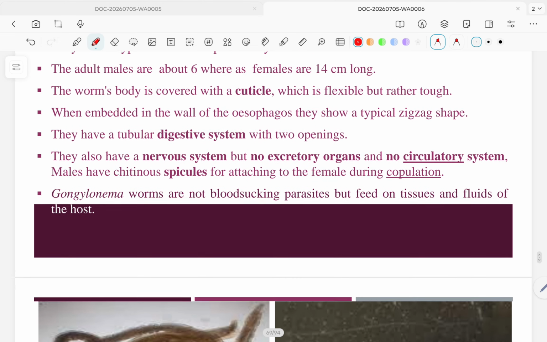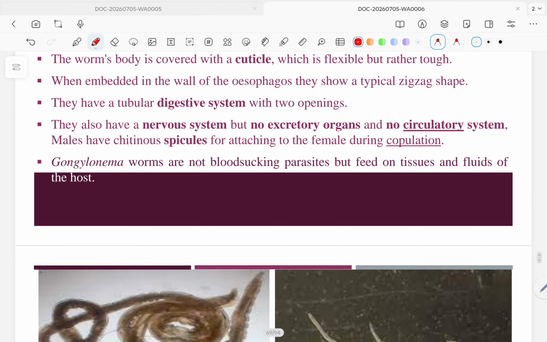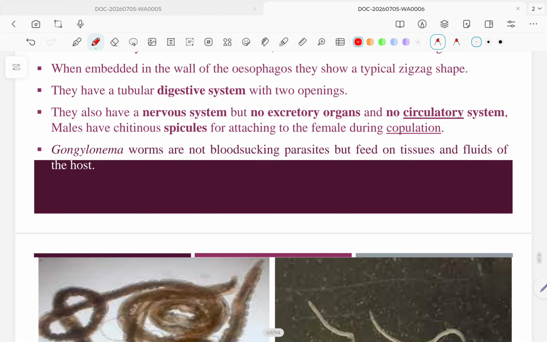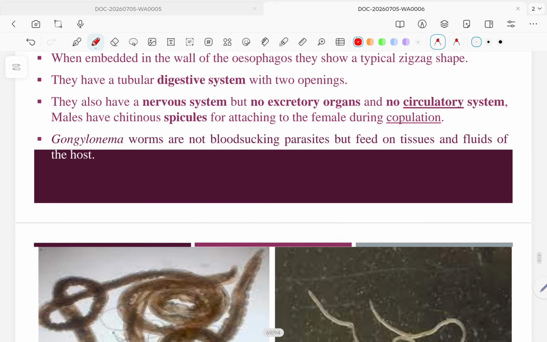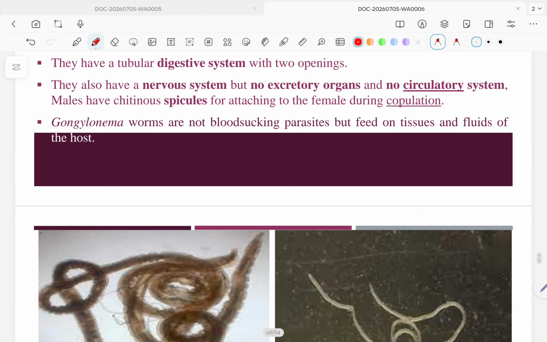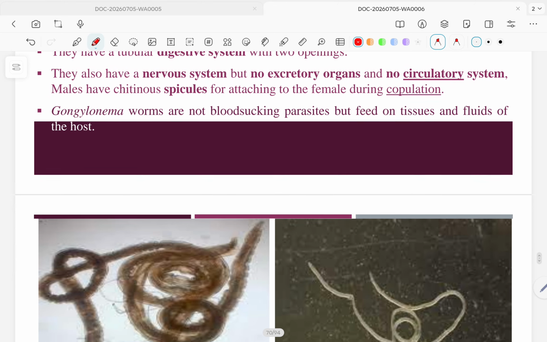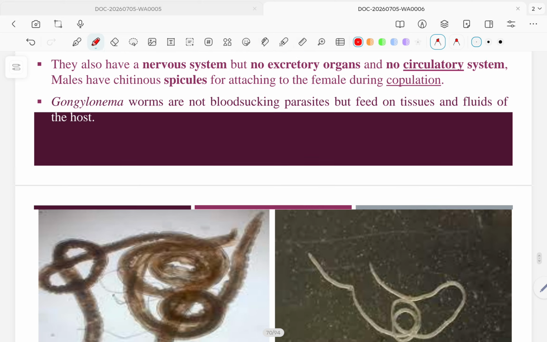They have a tubular digestive system with two openings. They also have a nervous system but no excretory organ and no circulatory system. Males have chitinous spicules for attaching to the female during copulation. Gongylonema worms are not blood-sucking parasites but feed on tissue and fluid of